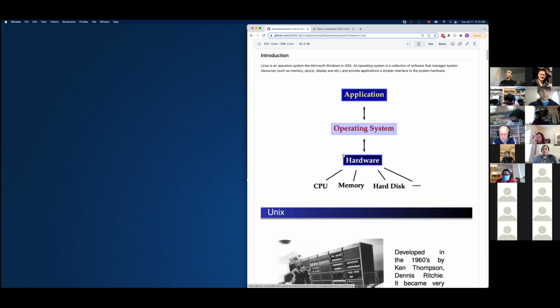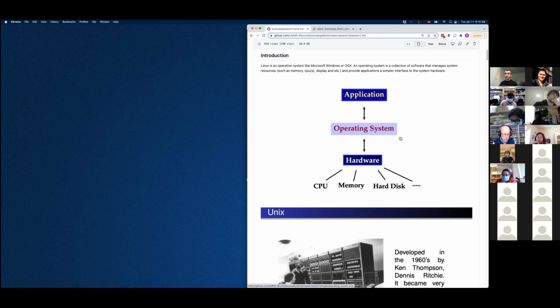We usually use these cluster systems not with a graphical user interface, but with a text-based interface called the terminal. And an operating system is actually just a layer of software that manages the computer's hardware and resources.